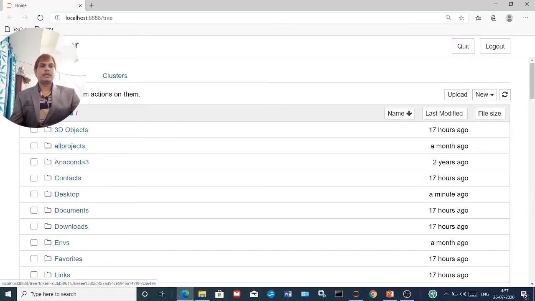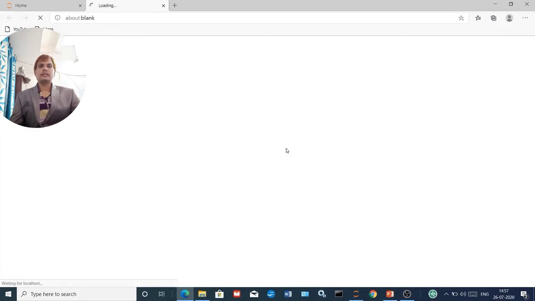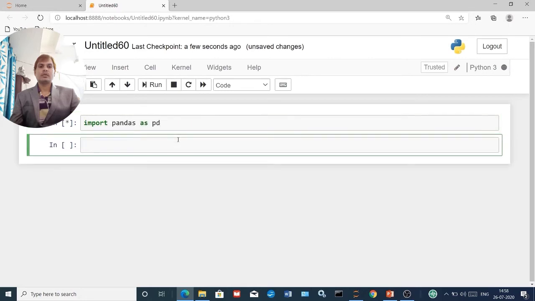Right, so now we are at Jupyter notebook and we will go for the option called New. Now the same thing we will write as usual, import pandas as pd, small letters. Then any variable name, for example I have given the variable name df equal to the function read underscore csv.